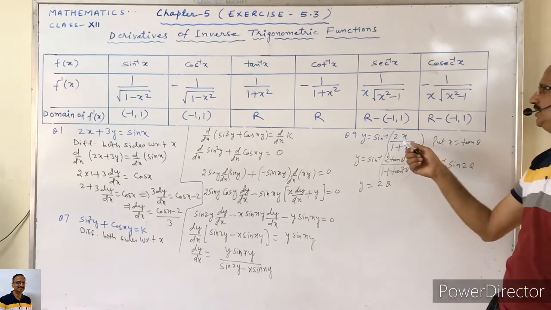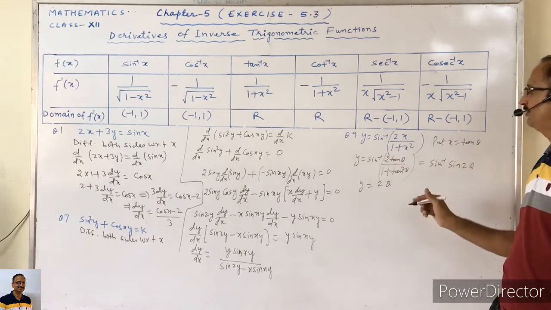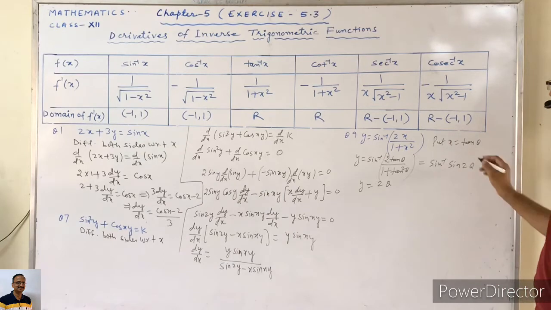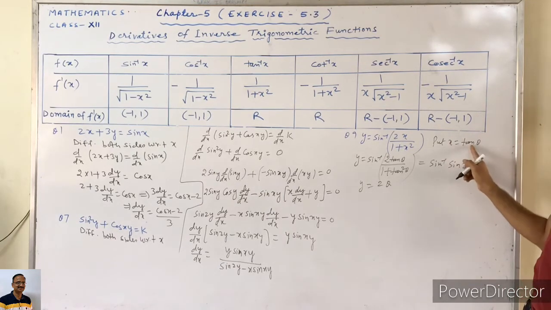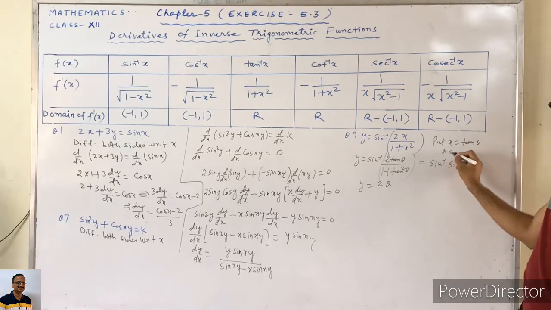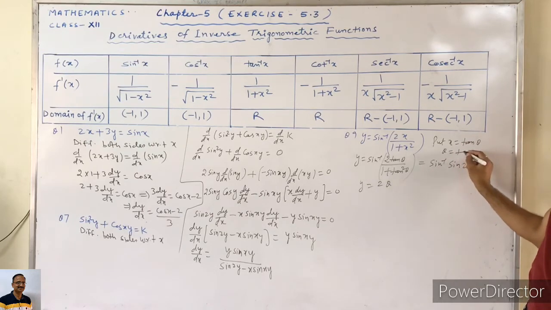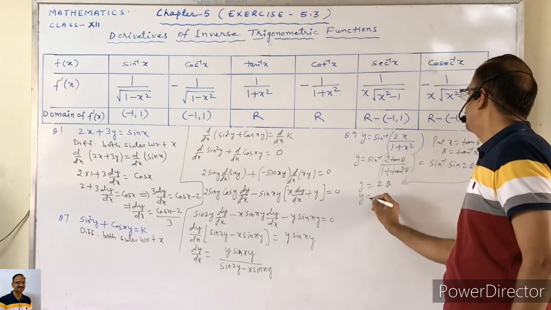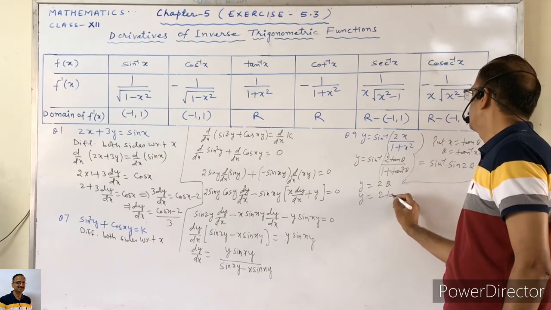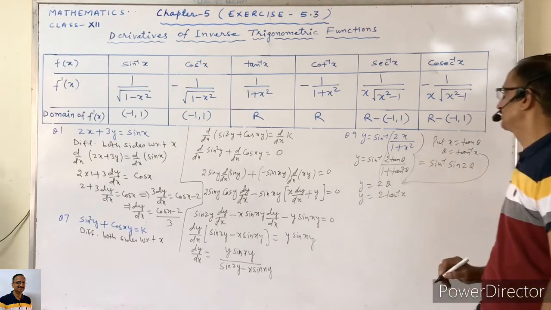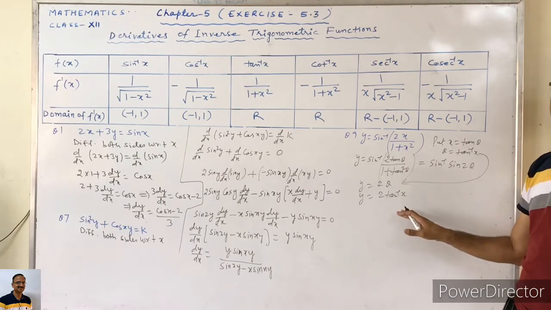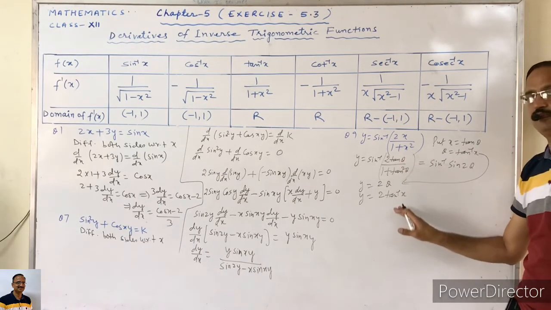Our function is in x. So we will write the value of theta in the form of x. So from here, when x is tan theta, then what is theta? Theta is tan inverse x. So we will put this value of theta. So y is 2 tan inverse x. Up to this stage, we only simplified the given function. यहाँ तक सिर्फ हमने simplify किया.